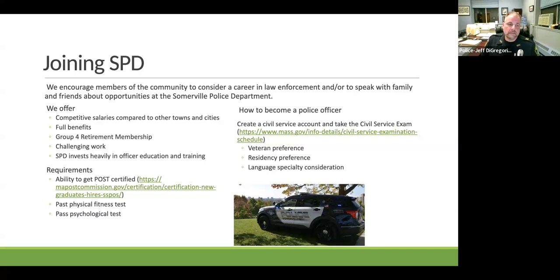I have no regrets. We do have great benefits, great pay. It is really a wonderful job, and you can do a lot of good with it. And we do have a pension, which most places don't. So if you know anybody that's looking to be an officer, or is even interested, just reach out to us. We'd be happy to talk to them.